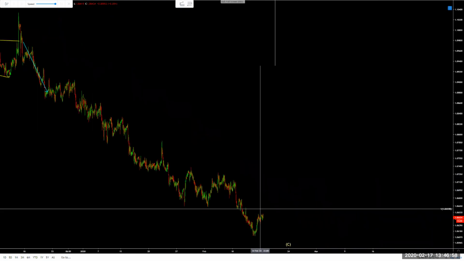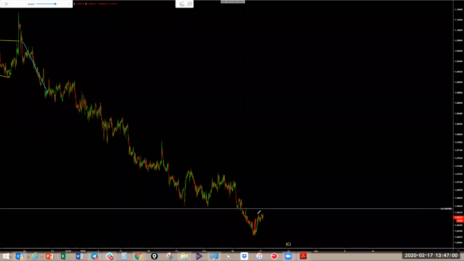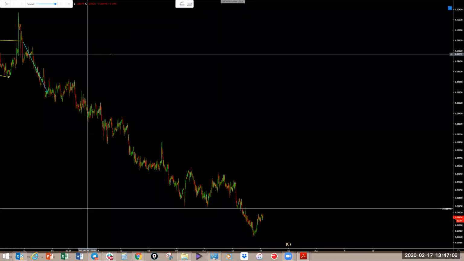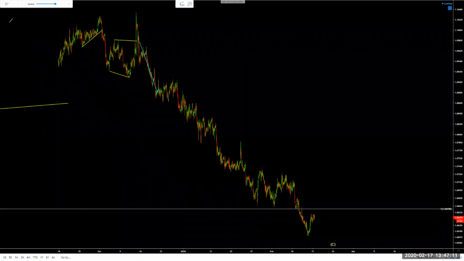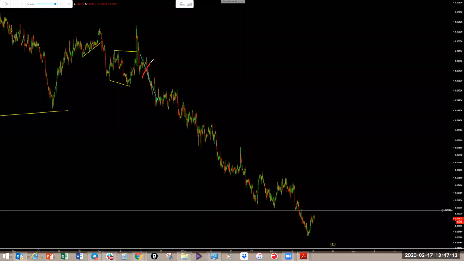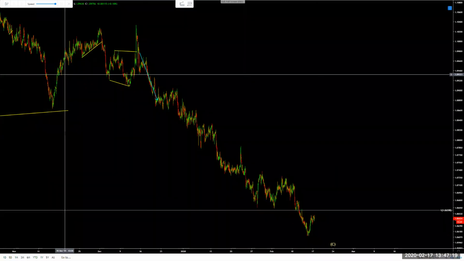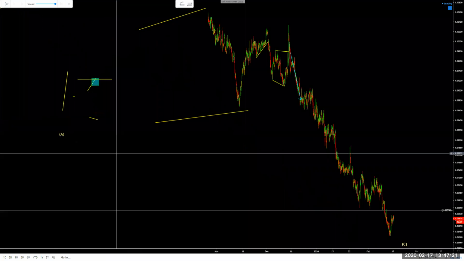Now we've got a nice impulse here. Is this the reversal that we've been waiting for? We need the structure to confirm. We need the stock and the RSI to confirm. So this pair, since the top there, we have been looking for it to end this wave. We've been looking for it to finish this last leg. And if I get out of the screen and just show you what the structure looks like on this one,